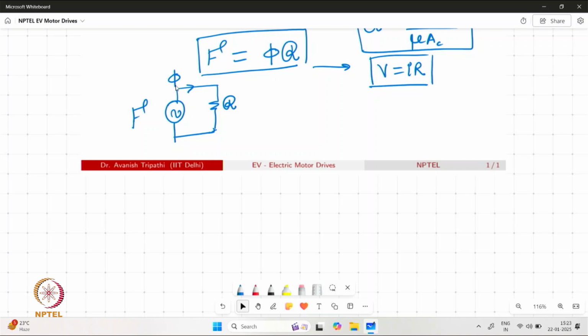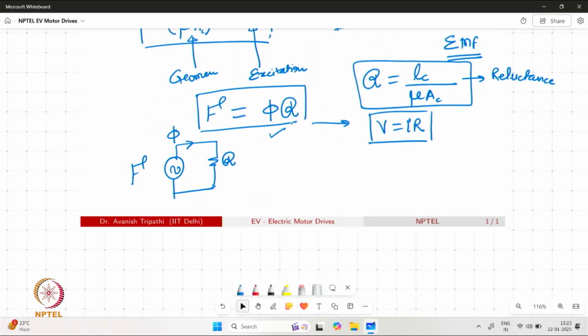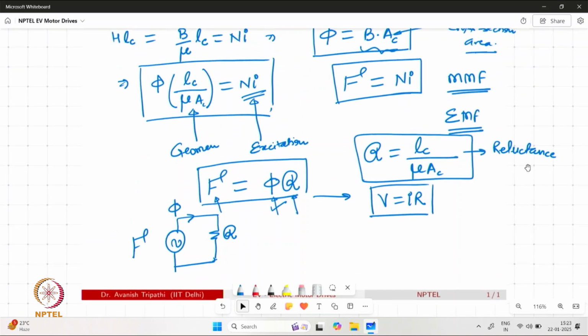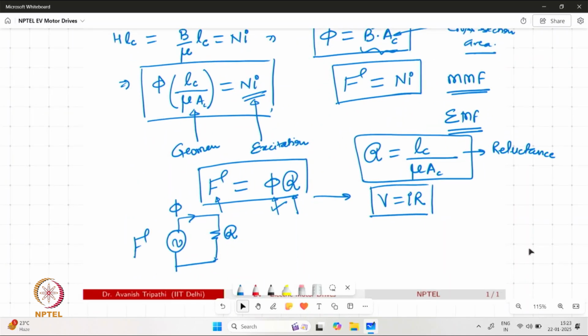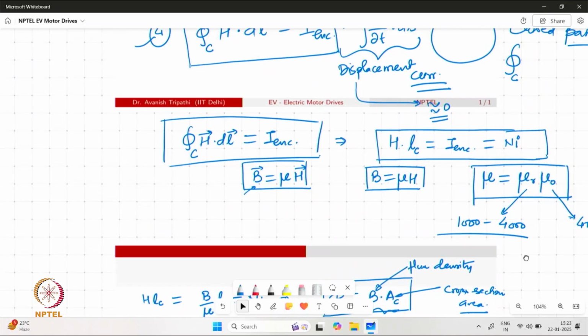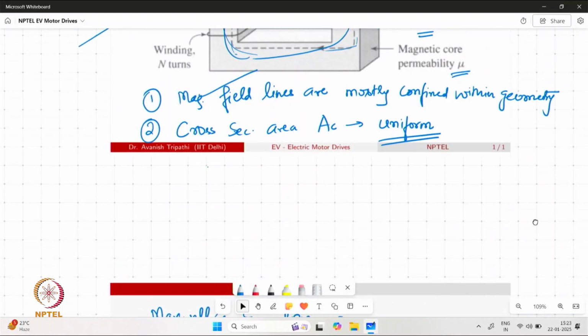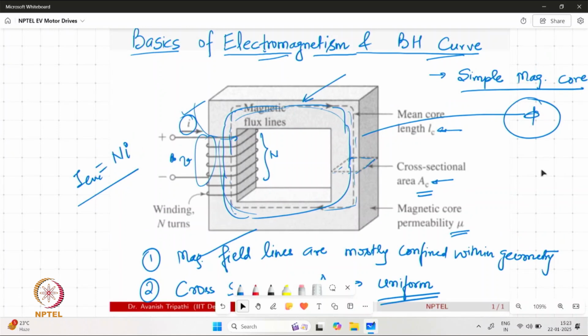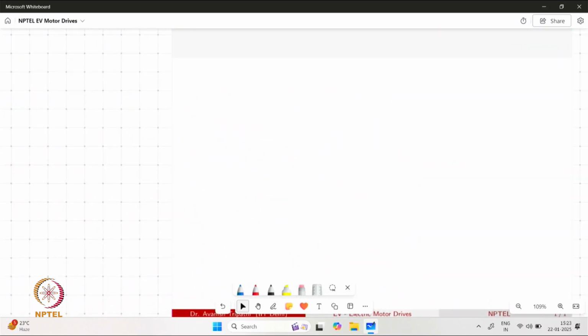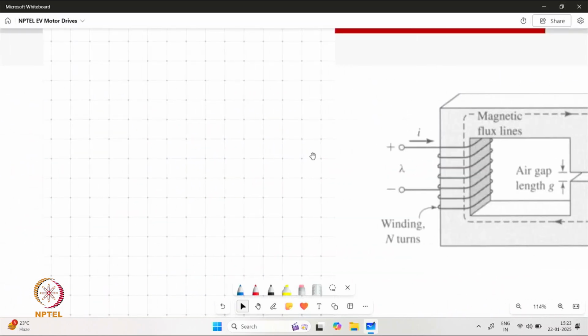Now this is one representation, and in this manner we can easily compute, based on the geometry, what is the reluctance of the total path, what is the total magnetomotive force over there, and then what is the flux confined within the system. Now once we have this information, the next step would be: what if the path of the flux is non-uniform, which means that there could be a small slot cut open in the core